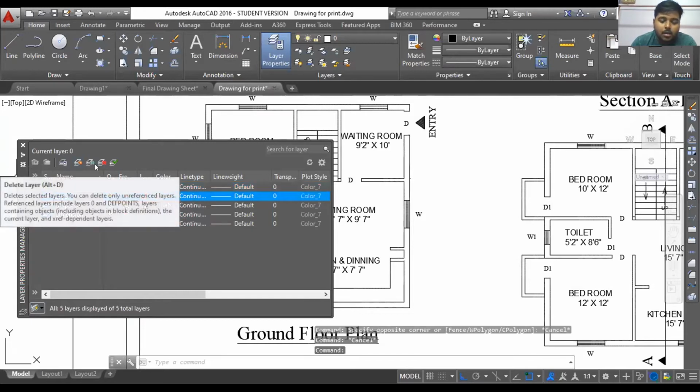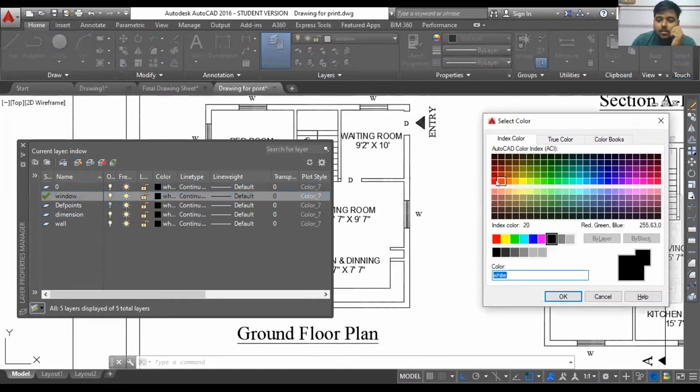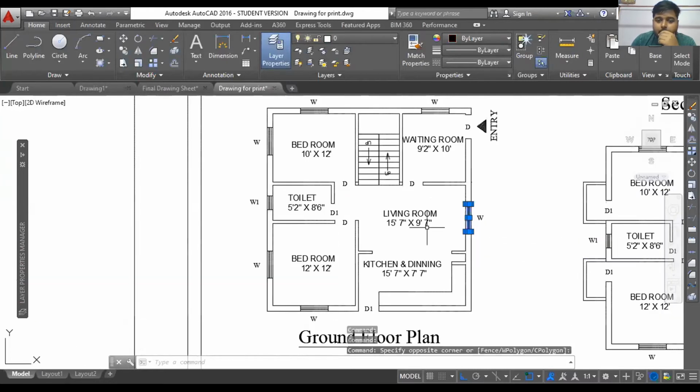Maybe I'll rename it as window, and maybe I set the color to brown. Now I'll just simply select these lines which are representing the window.